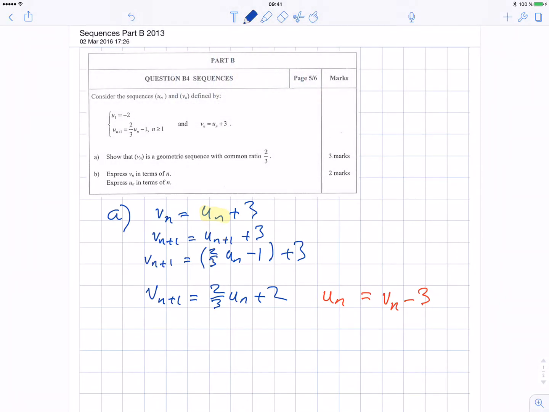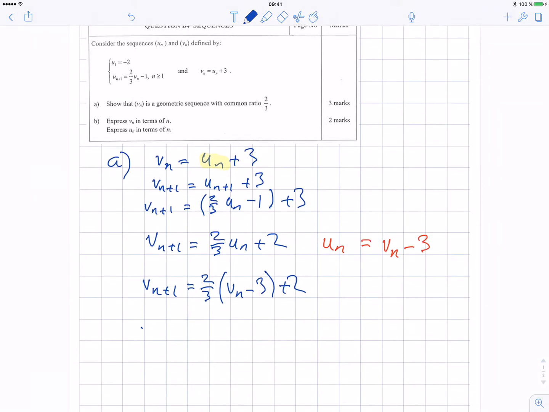So I get Vn plus 1 is equal to 2/3 (Vn minus 3) plus 2, and when I just expand the bracket, 2/3 of minus 3 becomes minus 2, plus 2, so Vn plus 1 is equal to 2/3 Vn,